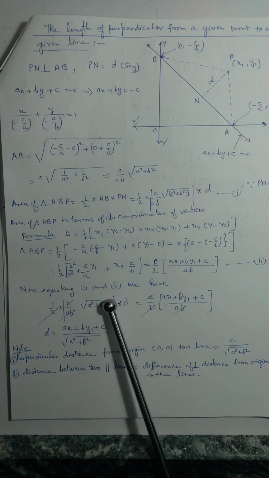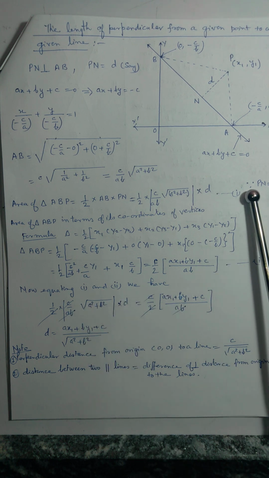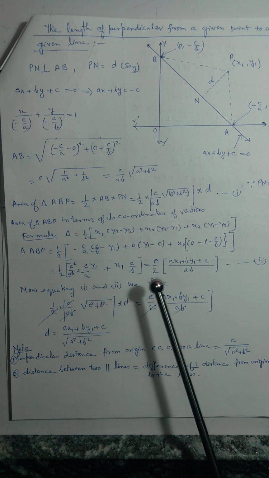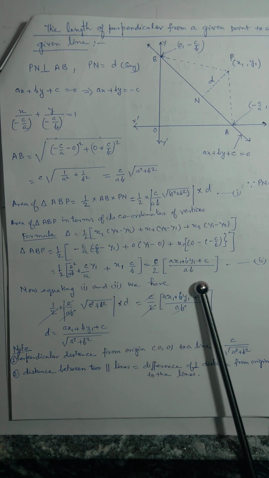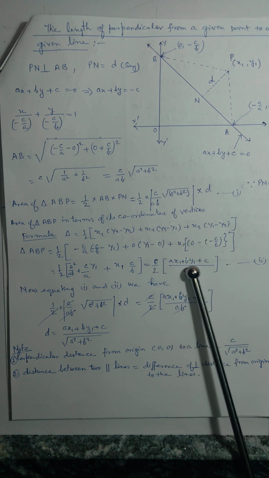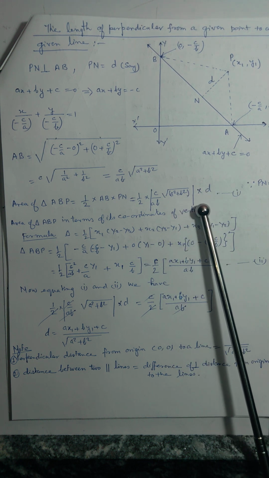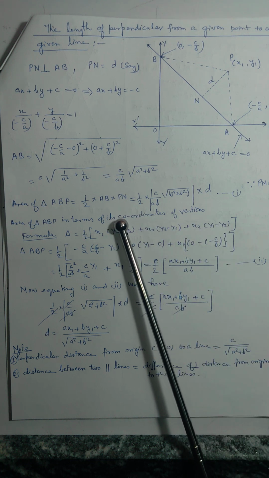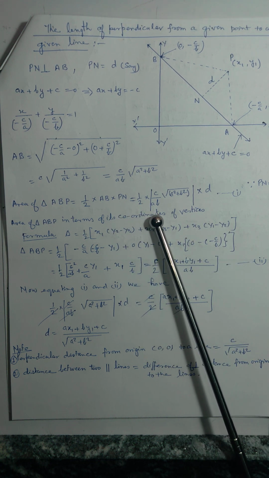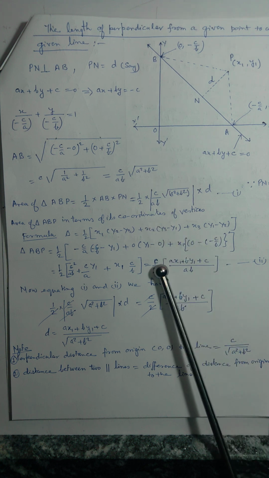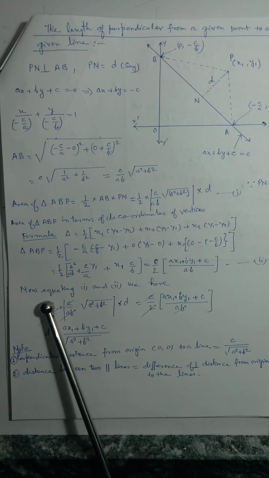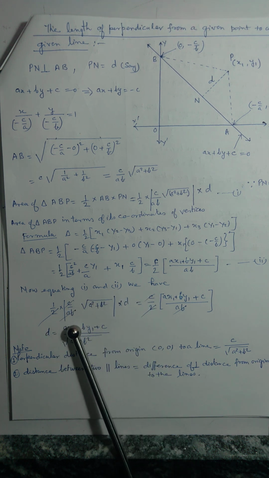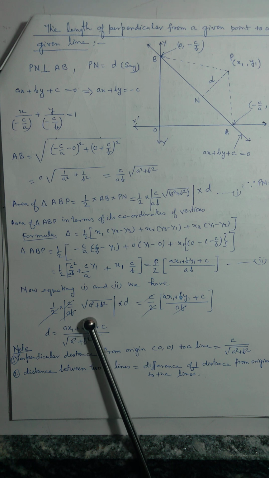Now equating the first and second, because it is also the area of the same triangle, but it is with the help of the vertices, and the first one is based on that geometrical formula, that is 1 by 2 base into height. So now equating the first and second, we get 1 upon 2